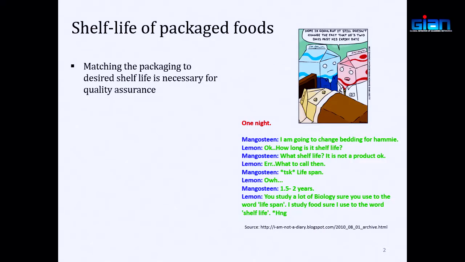Okay, so it says matching the packaging to desired shelf life is necessary for quality assurance. So when you process the product, do any pasteurization or sterilization, baking, drying, any process you do, you prepare the food, you expect it to last for a certain period of time, right? In some products you want it to last for a couple of days, or a couple of weeks, sometimes months, and sometimes years, right? If you do not choose appropriate packaging, then you could lose the quality of that product